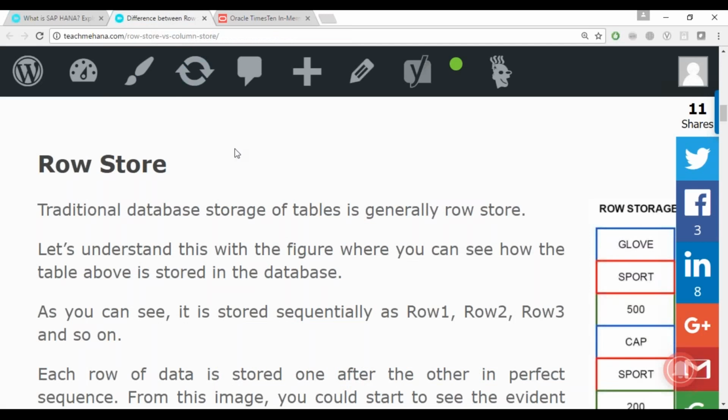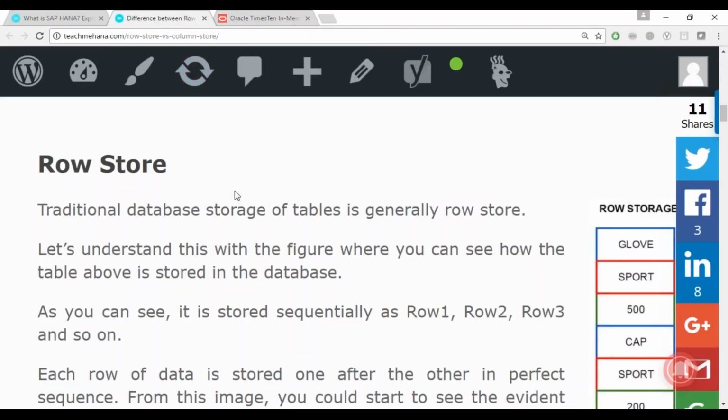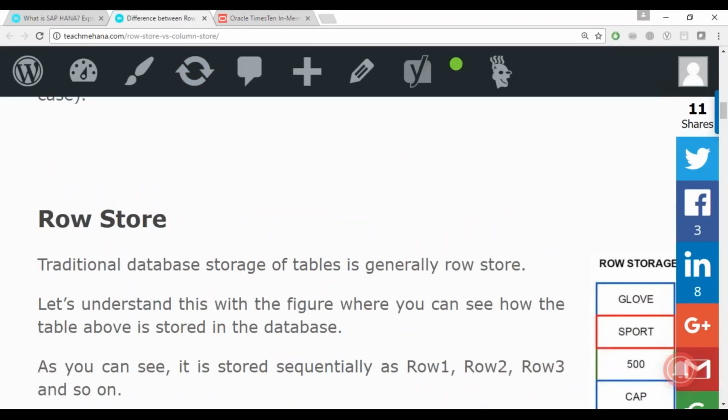As a takeaway from this training, I don't want to call it homework, but let's call it homework. As part of your homework, read about HANA. I know you would think that you already know, but read about HANA, read about Oracle, read about Oracle TimesTen, and read about the differences between HANA and TimesTen. This would really open up your mind. Fine.